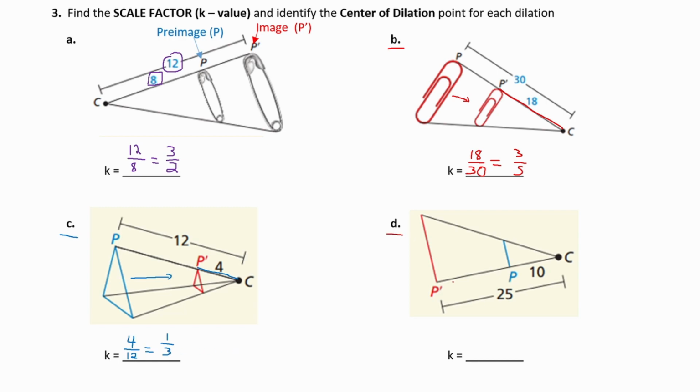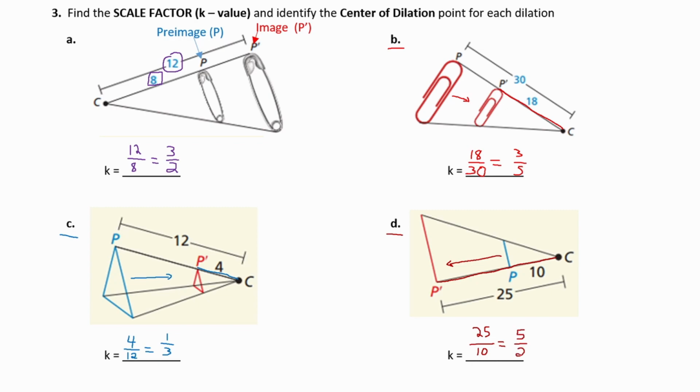And finally in part D, this time we're actually getting larger. We're going from P again to P prime. So again, from blue to red. And so I have this distance of 10 is my smaller distance, but I want to compare the larger distance on top because I'm getting larger. So that's going to be my top value, the entire length of 25. So I'm going to have 25 on top, and then I'm going to have 10 on the bottom. So again, C to P prime is going on top, C to P on the bottom. And if I was to simplify this, well, they're both divisible by 5. So I believe that's going to be